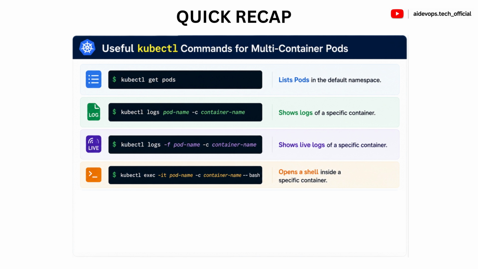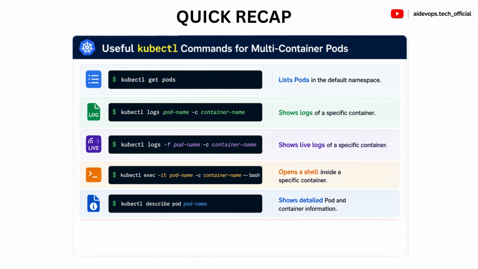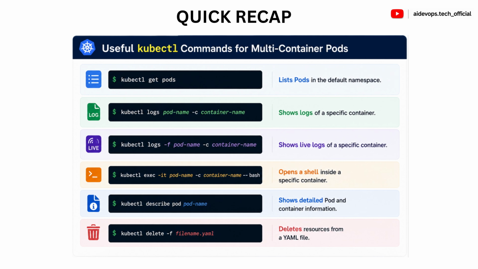Fourth, kubectl exec -it pod name -c container name -- bash. This command opens the shell for the specific container to run commands. Fifth, kubectl describe pod name, and this command shows the detailed information about the pod and all containers inside it. And the last, we have kubectl delete -f file name, and this command deletes the Kubernetes resources defined in the YAML file. So that's everything about the multi-container pod,